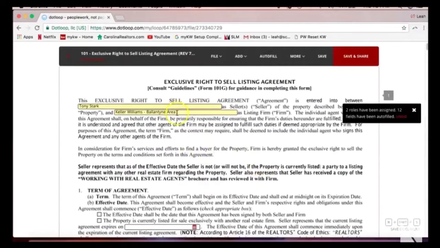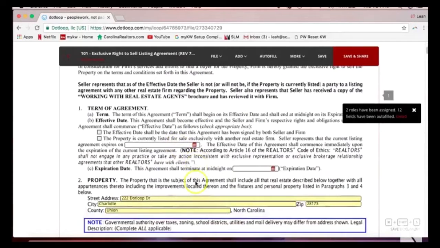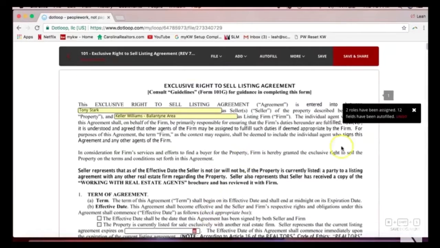All right, you will now notice that some of the fields on your form are yellow. These yellow fields mean that this has been autofilled. So that's a good thing. We want it to be autofilled here. And you'll notice a note on the right side that says 2 roles have been assigned, 12 fields have been